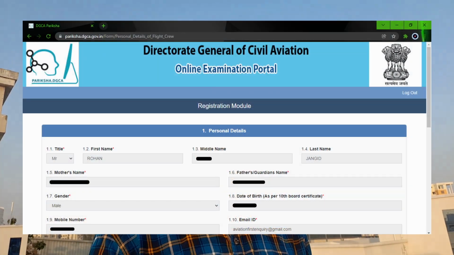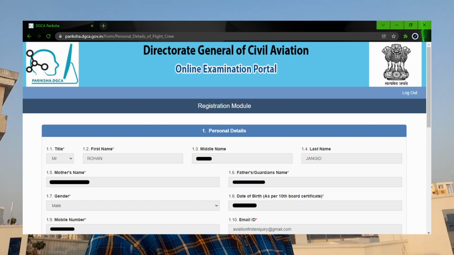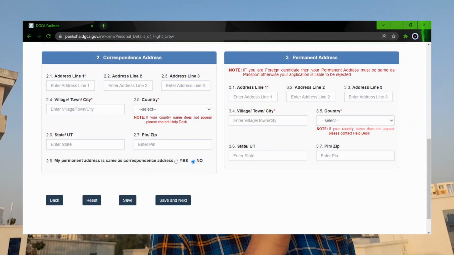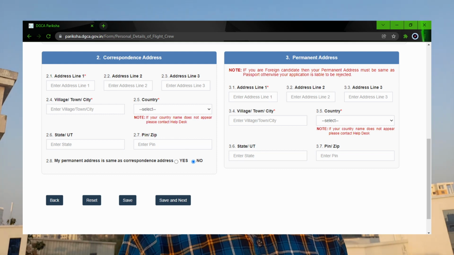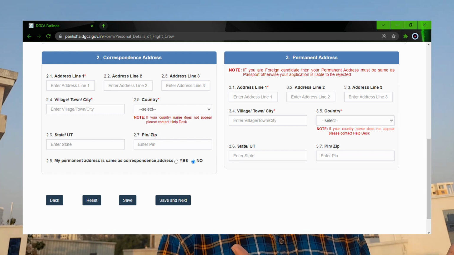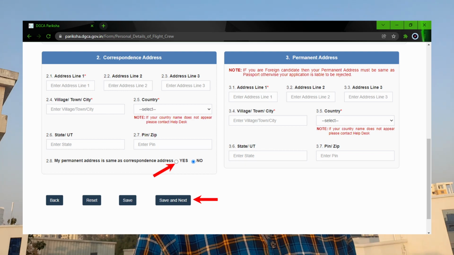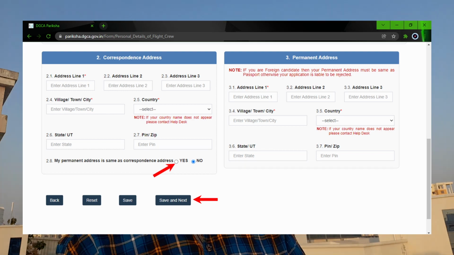You will first of all see your personal details section, which you cannot edit. Alright, and then comes your correspondence address and your permanent address. Now you can write two different addresses if they are different, but even if they are different, I will suggest you to write both the addresses the same, because DGCA is not going to come to check the correct address. So I suggest you to give the same address for both the correspondence and the permanent address. In section 2.8 you have the option as well that you can select whether your permanent address is same as